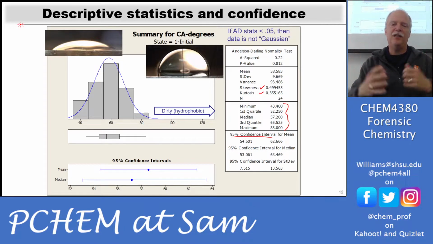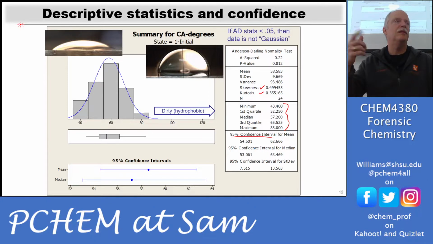This is using a nice package called Minitab. You should have access to it through this campus software. So if you're in a computer lab or if you are working on a campus managed machine, you should be able to install Minitab. And this is what we call the descriptive statistics or graphical summary of statistics.